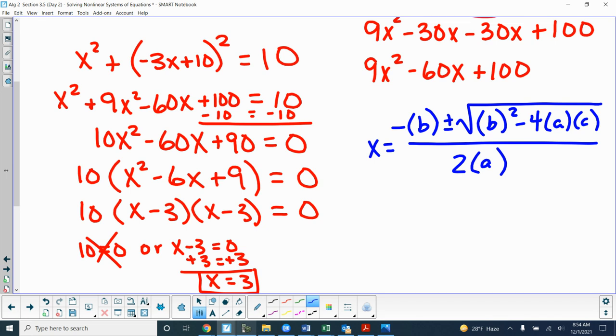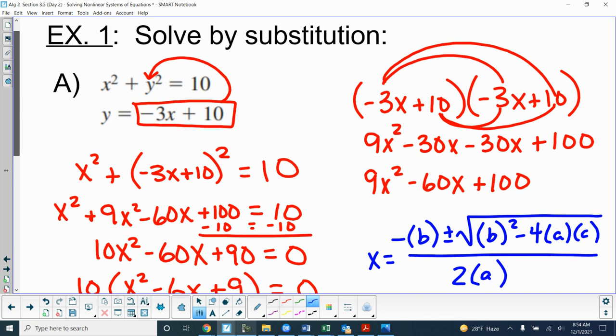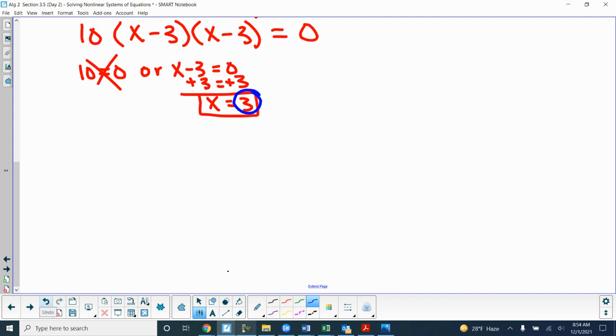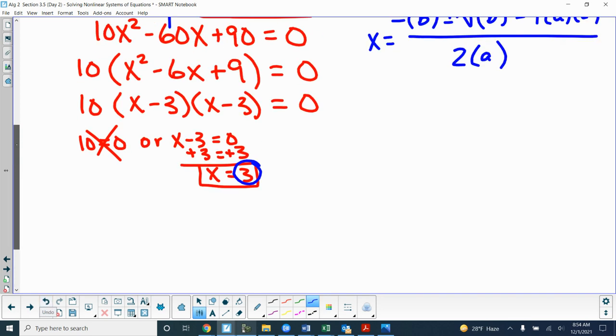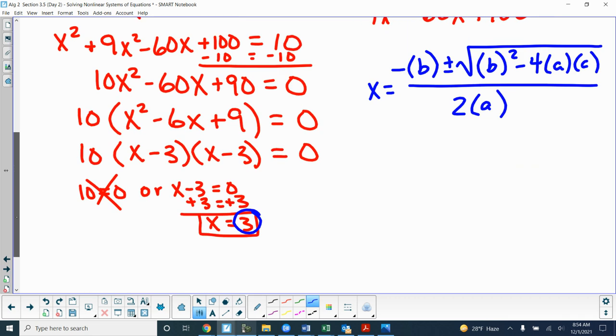All right? Now, like I said, we're still not finished. I got to take this 3 and plug it into one of the two equations that we started with to find my y. Which of the two would have been easier? The y equals 1, right? So I want to put that 3 right here for that x. All right? So y equals,